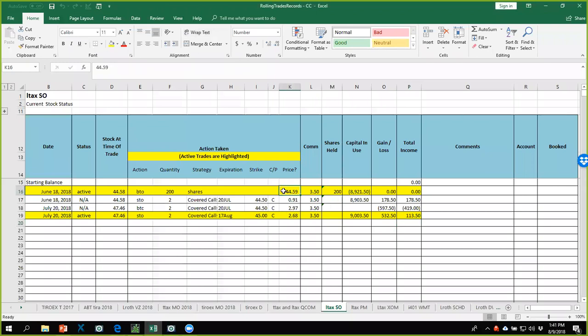My basis on this stock is under the strike price of 45. I built it that way on purpose so that if I did get assigned at 45, I will make 41 cents per share on the stock, as well as the premium from selling the calls. That might be a reasonable thing to do too here. If I was willing to lose the shares, I should just let them go, and this is going to come out at a profit of